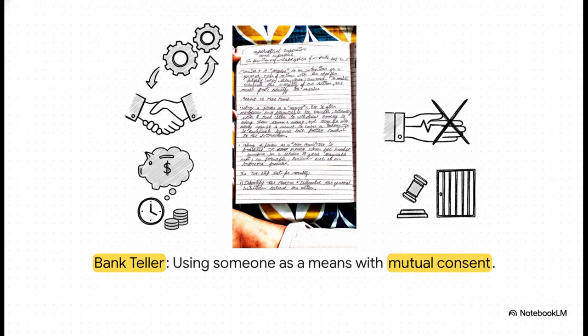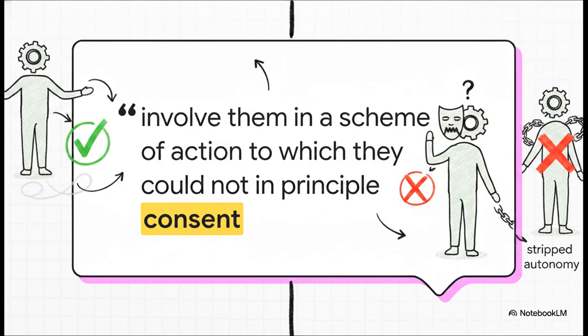However, if you were to make an insincere promise to someone, that's a completely different story. That is treating someone as a mere means, and in Kant's book, that is strictly prohibited. This brilliantly illustrates the real dividing line in deontology. As philosopher Onora O'Neill summarizes it, true morality hinges entirely on whether the other person could fundamentally consent to your scheme. Think about it. If you make an insincere promise, you're deceiving them, right? Because they don't know your actual intention, they literally cannot, in principle, consent to your scheme of action. That deception strips away their autonomy, and for Kant, doing that is always, always wrong.